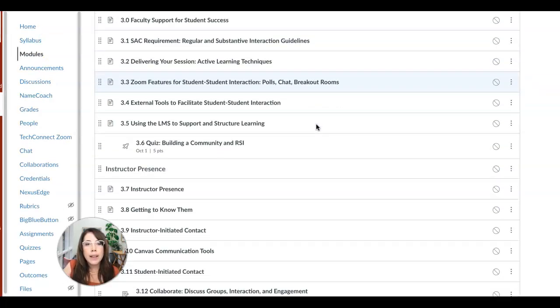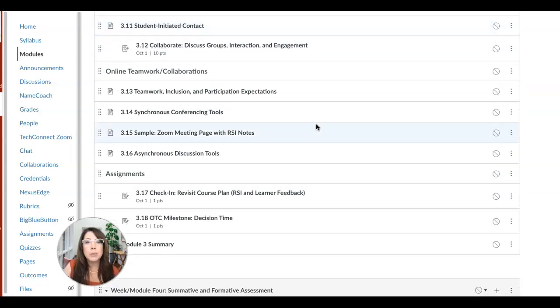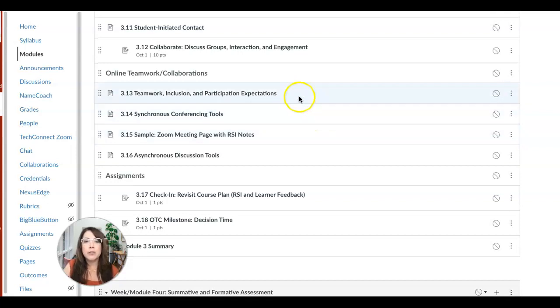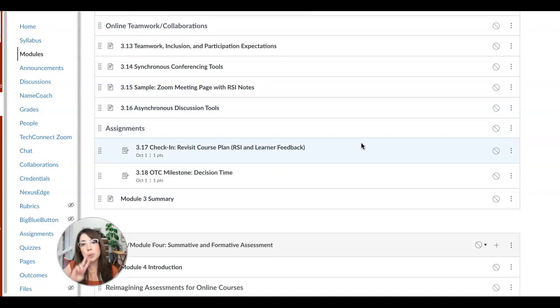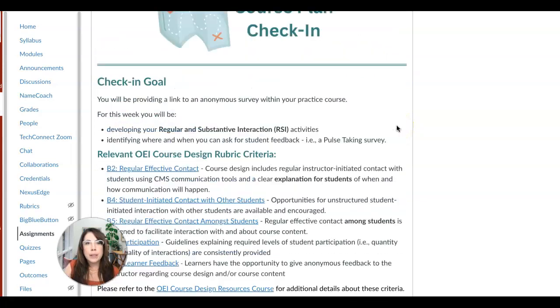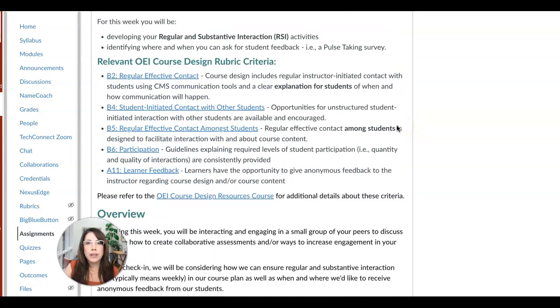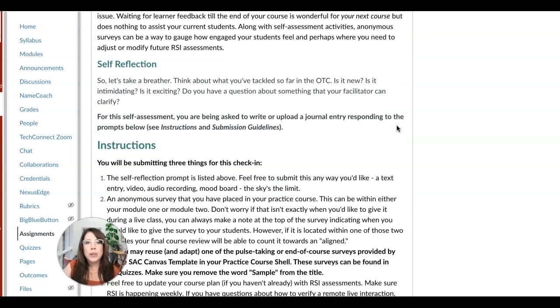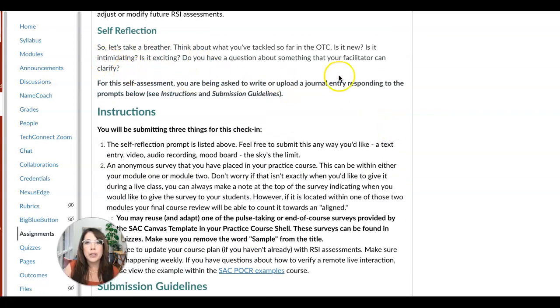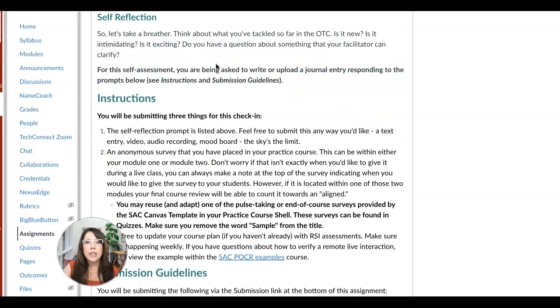Okay, and then in online teamwork collaborations, you're going to be looking at the different tools that you can use to create online collaborations, and then you have 2 more assignments. So one is 3.17, and this is revisit your course plan. Pause here for a little bit. So for this assignment, let me go back up, course plan check-in, you are going to do a self-reflection, and you're going to actually answer this prompt here. Okay, so again,